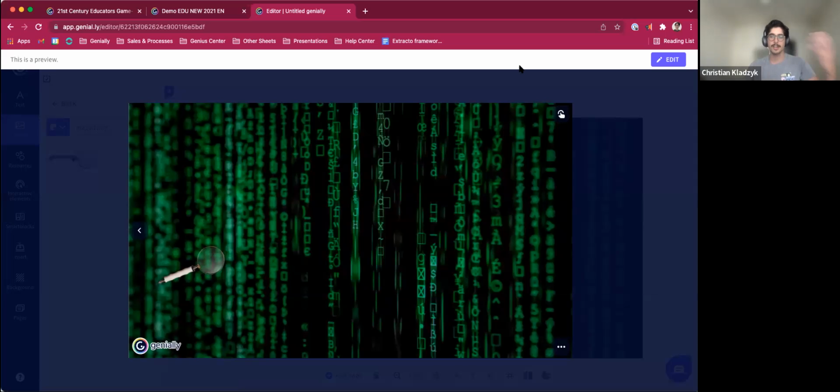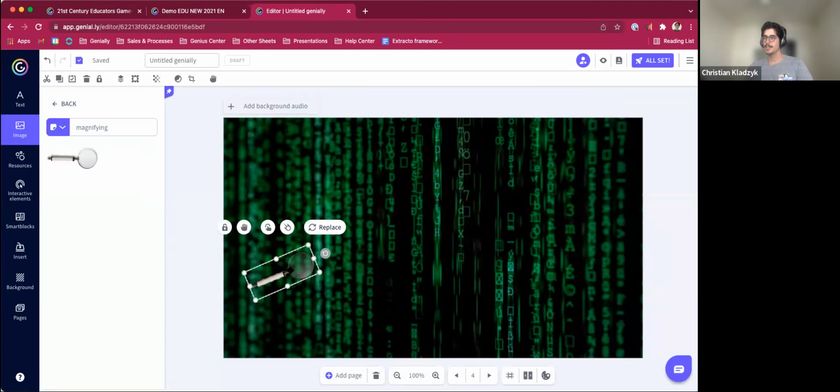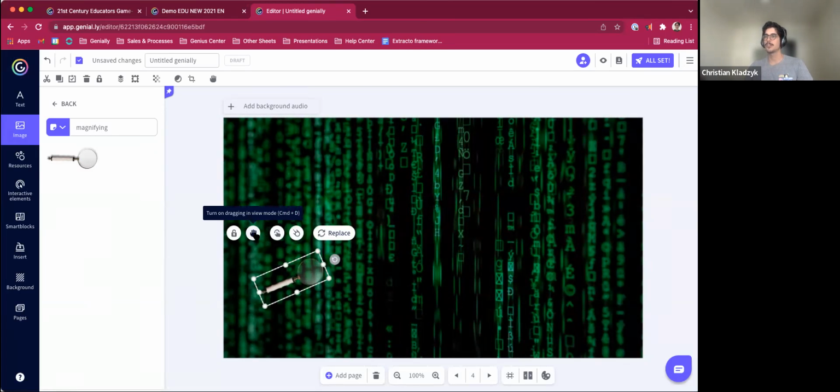But when I'm actually sharing it with students, you'll see here, I can't actually drag that magnifying glass. I can move my controller around or my mouse around, but we don't have that same effect unless I find it coincidentally. So what I'll go and do here is click on that magnifying glass, and you'll see next to the animation, next to the interactivity, this option to turn on dragging in view mode. So if I click on that,